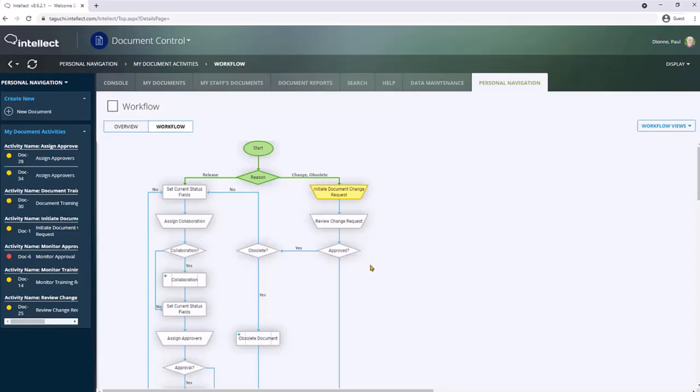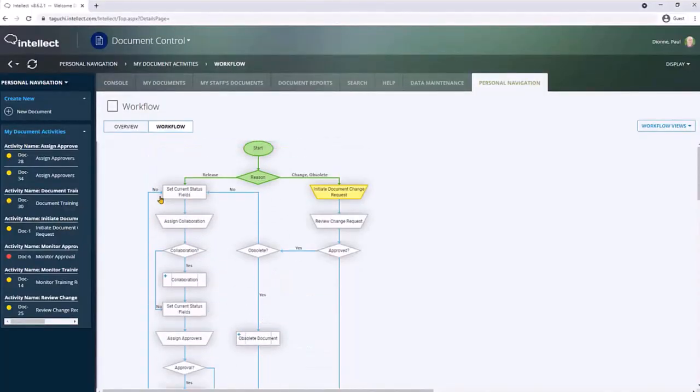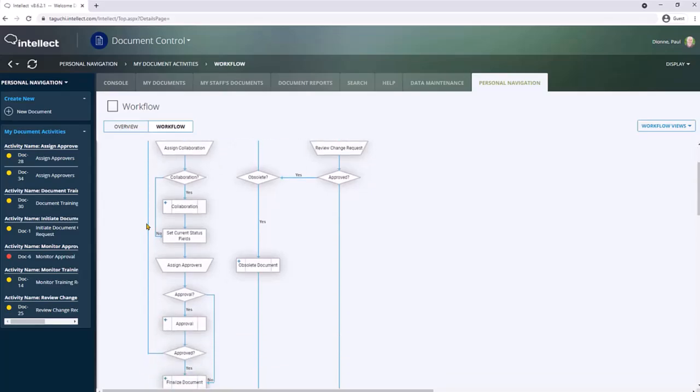The document owner will approve or reject that change request, and if it's obsoleting, then we update the document details and close it out. Otherwise, if it's a change to an existing document, it goes to the document author, who will assign a team of people to collaborate on the document together. After collaboration is done, the primary author signs off on all of those changes, and then it goes out for